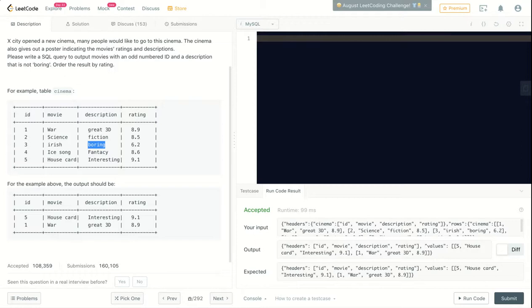Not having them. It's not equal to boring. That's the meaning of the description. And odd numbers are the IDs. This is easy to do. So I think the idea behind this question is just to make you familiar with SQL syntax. So select